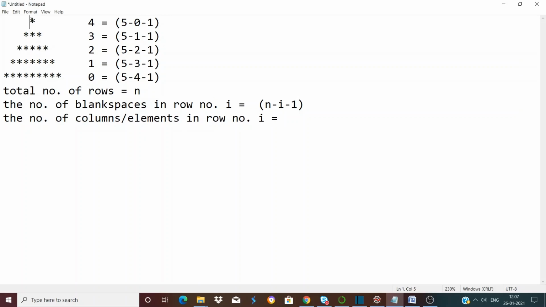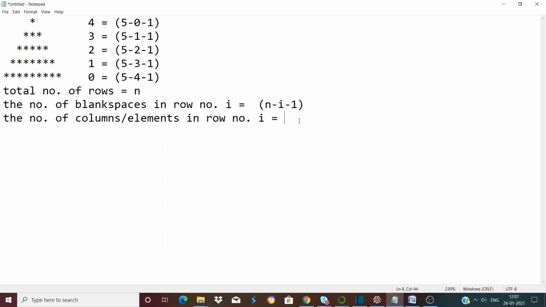Look at this. 1 is equal to 2 into 0 plus 1. We are in the zeroth row and the number of columns is 1. So 1 can be written as 2 into 0 plus 1. Similarly, 3 can be written as 2 into 1 plus 1. Similarly, 5 can be written as 2 into 2 plus 1.